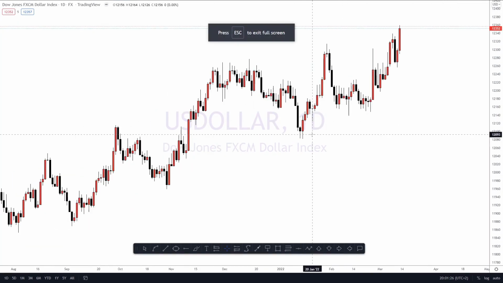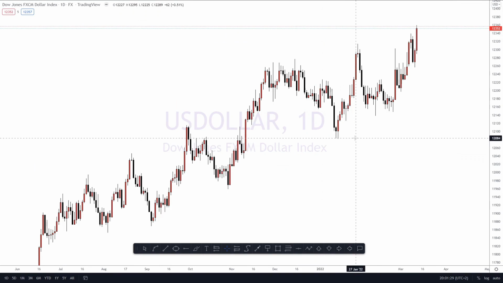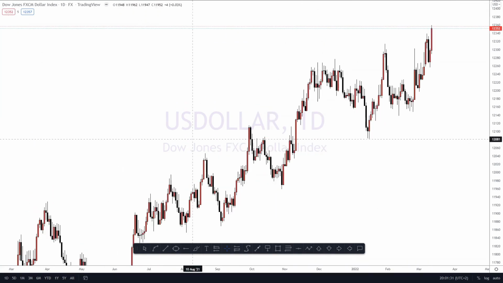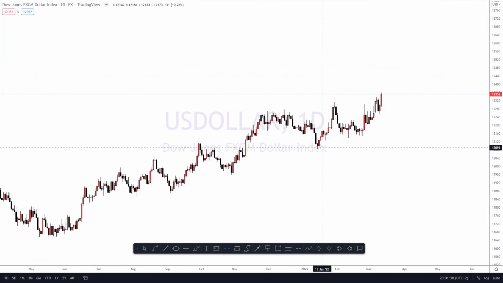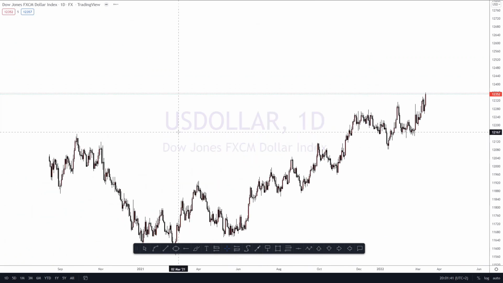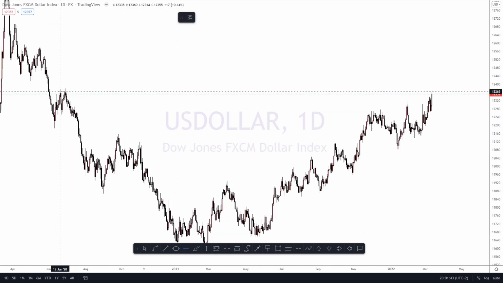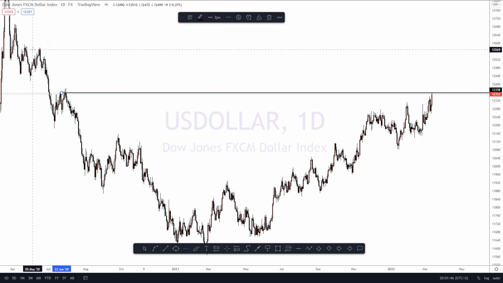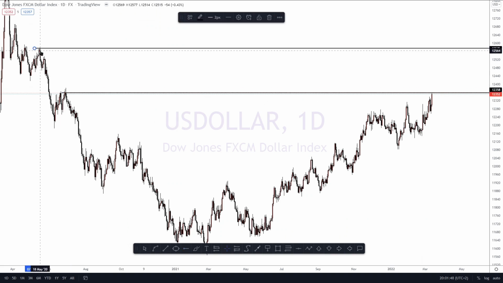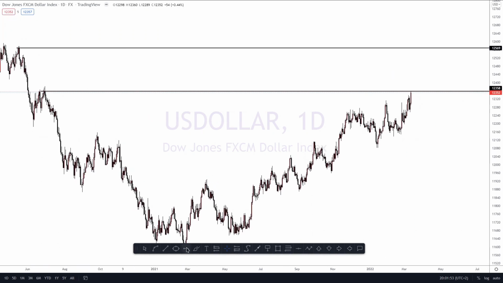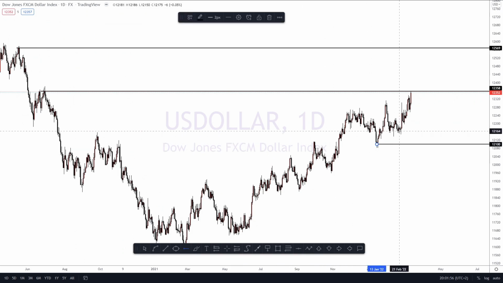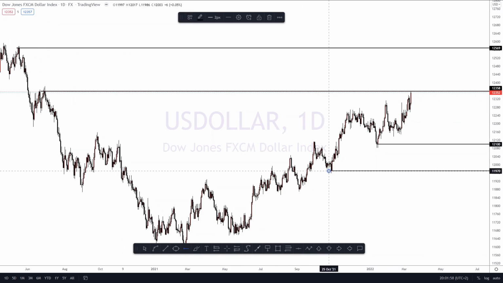Still starting with the highest time frame, which is daily. Just see what it is that you can get from daily, and then from there we move down the time frames. So what I'm going to do is start with my highs that we currently have, just to see what you can get from it on a lower time frame. And then from there I'm going to move to my lows and see what you can get from the lowest time frame.